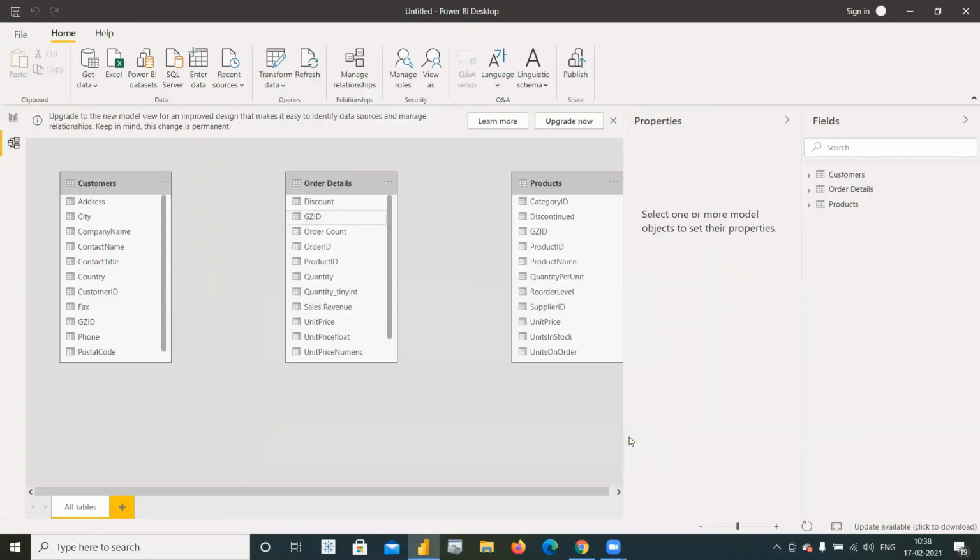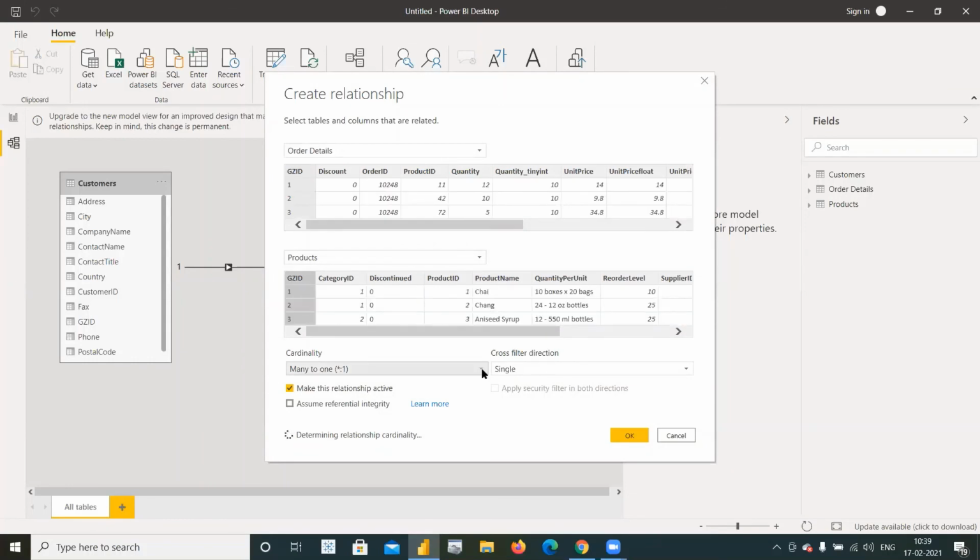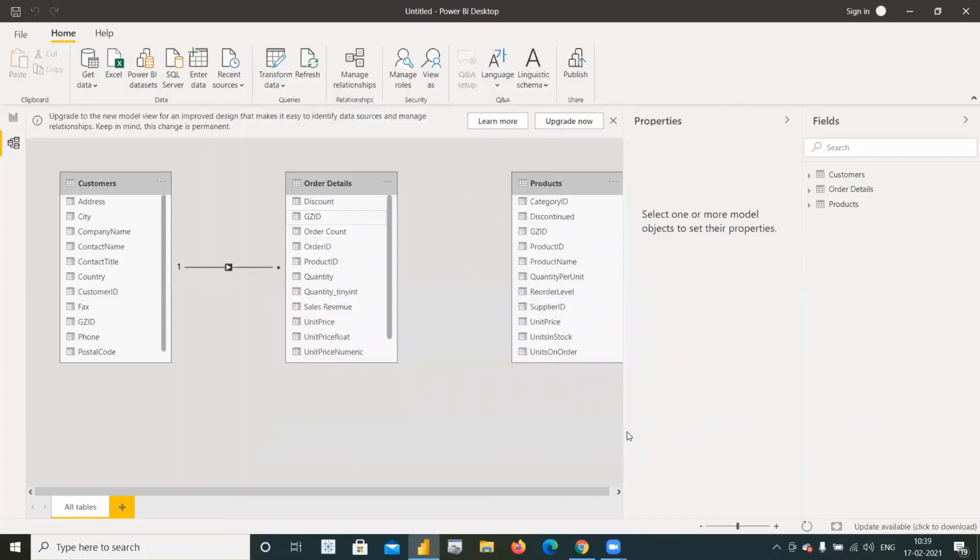Okay. Now I'll repeat exactly the same steps for the other dimension table, which is products. Cardinality is many to one and cross filter direction is single. Okay.